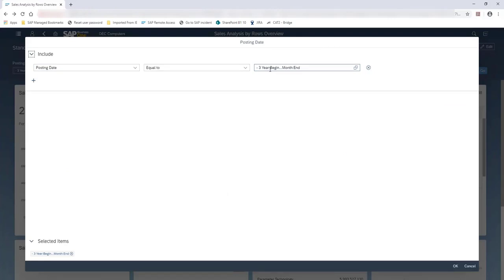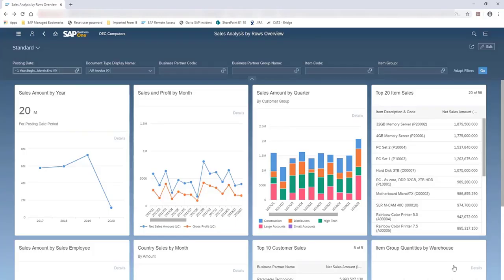We're going to change it to, instead of showing the last 3 full years data up until the end of the current month, we're going to start from the beginning of last year, change from -3 to -1, from the beginning of last year until the end of the current month. And we're going to press OK there. And when we press the Go button here,